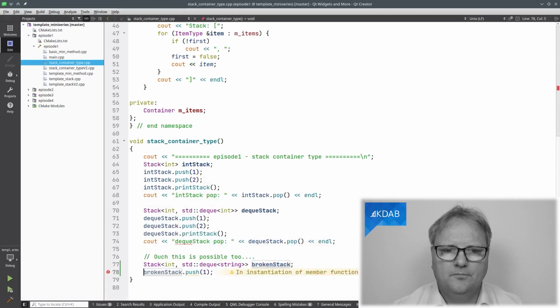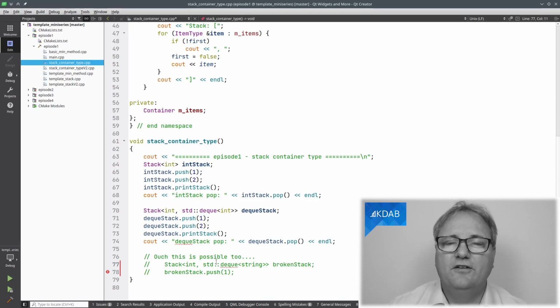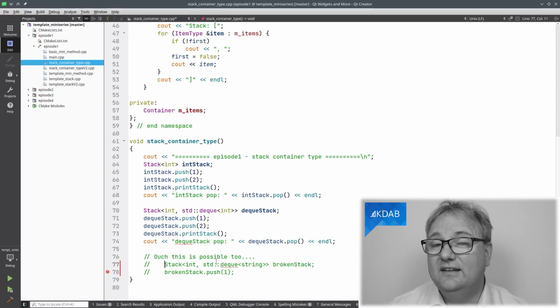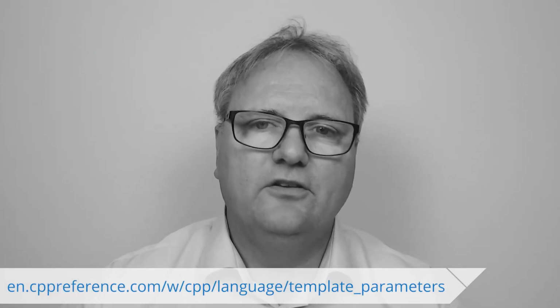What I wanted to do was to be able to tell it that it should be a deque instead of a vector. Can I do that? Yes, I can. So we've seen a template type parameter, that was our T, or item type. We've seen a non-type template parameter, that was our int size or size_t size. And now we'll see a template template parameter. That's what the standard calls it. And there's a link below to a page that tells you much more about the parameter list to templates.